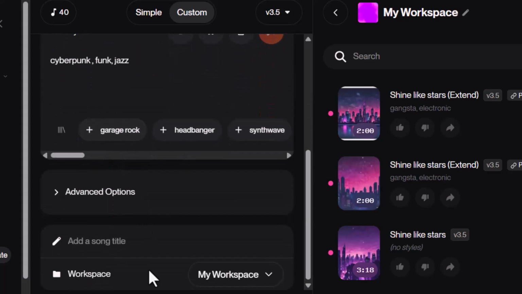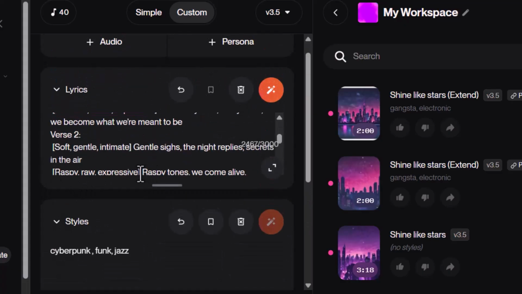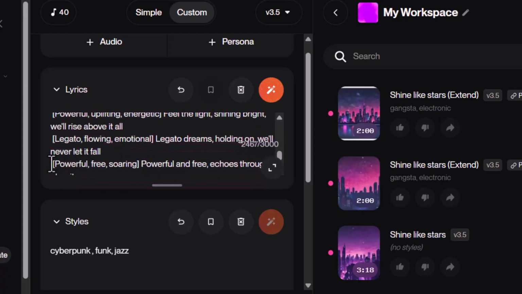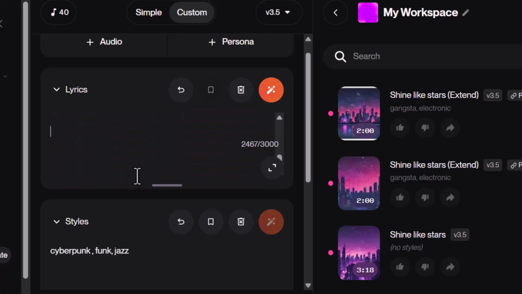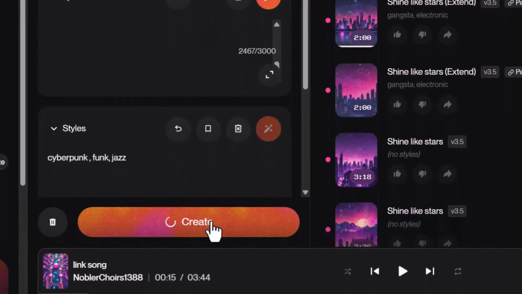Step 5. Specify vocal types using descriptive tags like operatic female soprano or dramatic male baritone. This ensures the AI delivers the intended emotional and stylistic impacts. Step 6. Now click on the Create option. Your video will be created in just a few